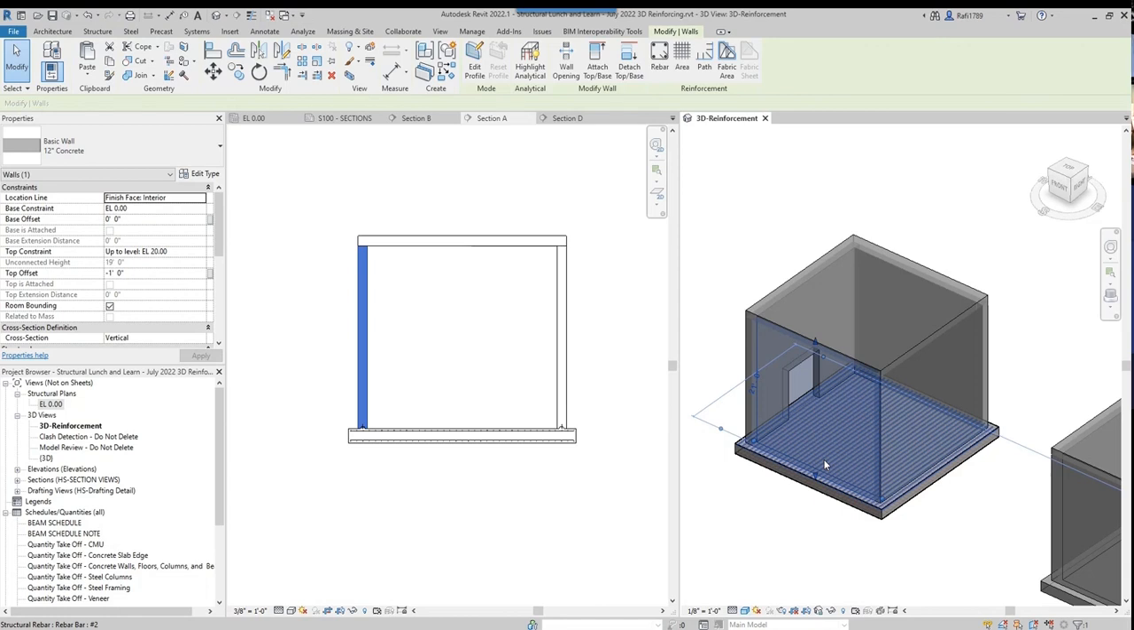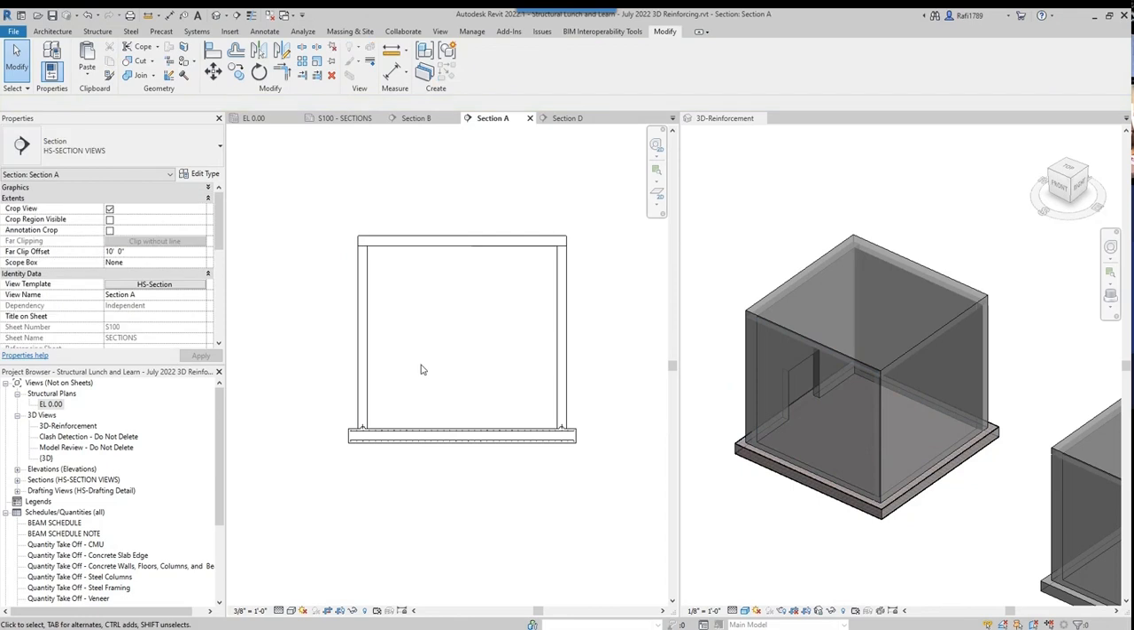So we'll go with the simplest of scenarios. There are no openings. There's nothing going on with this wall. It's not stepping. It's not sloping. It's as straightforward as we get with a wall. Okay, so I'm gonna go